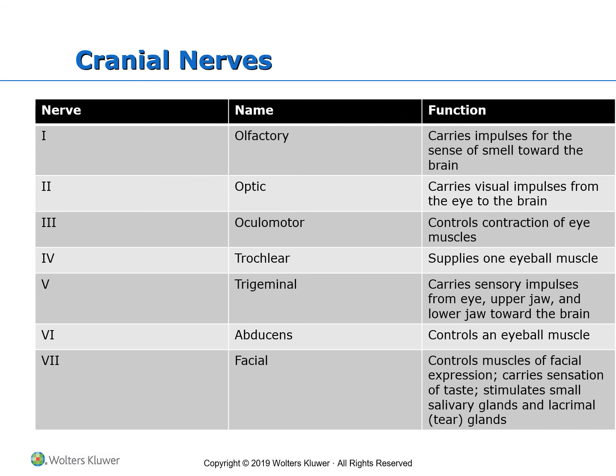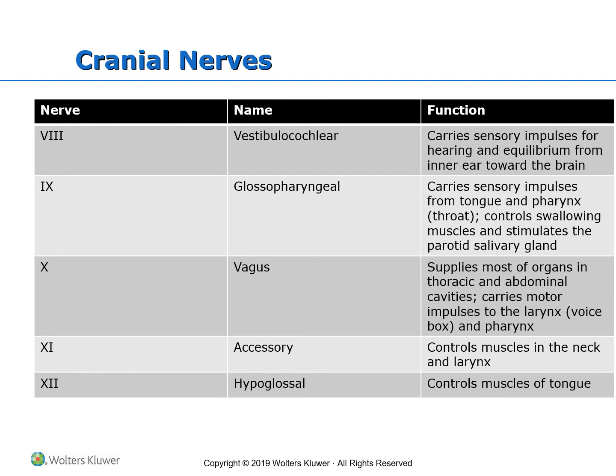Number 7, or facial nerve, controls the muscles of facial expression. In addition to that, it's a mixed nerve. It has both motor and sensorial fibers. So it controls the muscles of facial expression while carrying sensation of taste from the tongue, and it also provides stimulation for the salivary glands and lacrimal glands. Number 8, or vestibulocochlear, that's a pure sensorial nerve, will provide impulses for hearing and balance from the inner ear